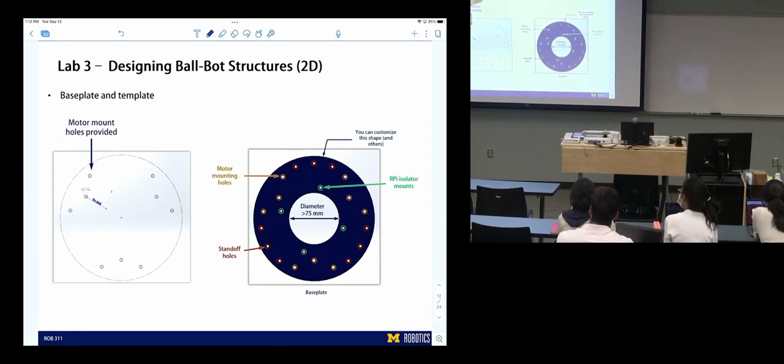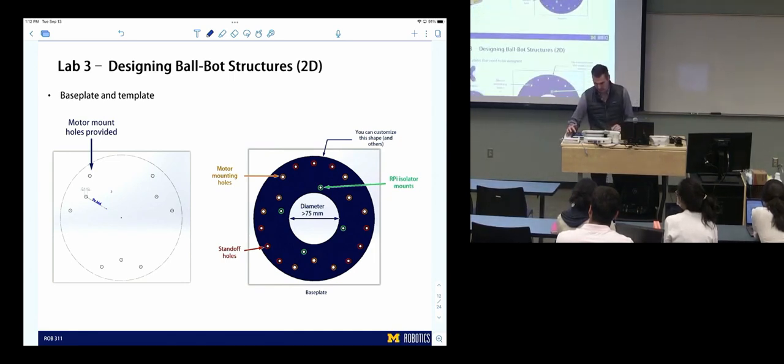The first ones we did were not circles. They were a little bit more geometrically interesting. So you guys can do kind of whatever you want. You'll have to pick your colors. Base plate. In addition to the base plate,